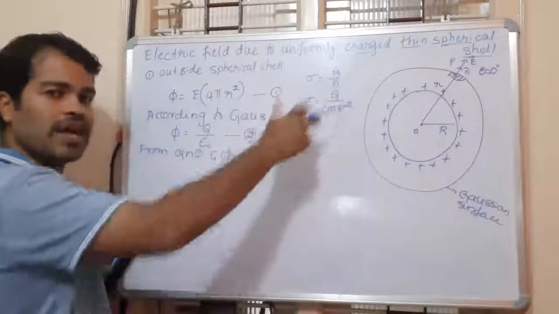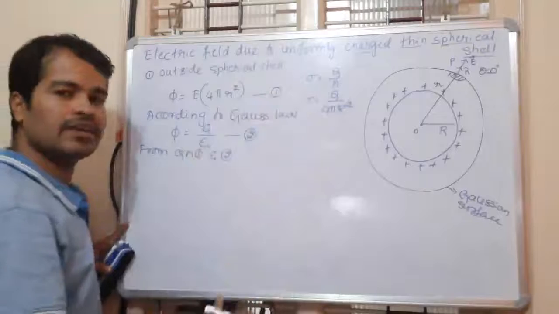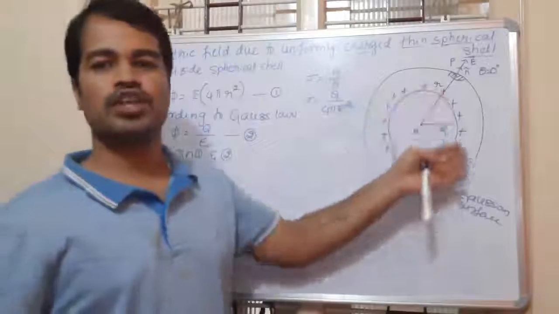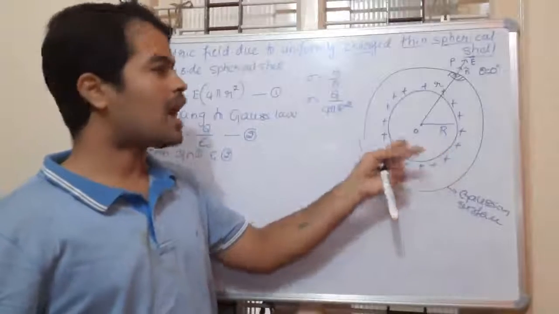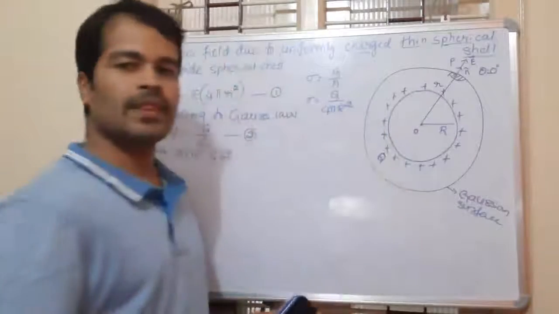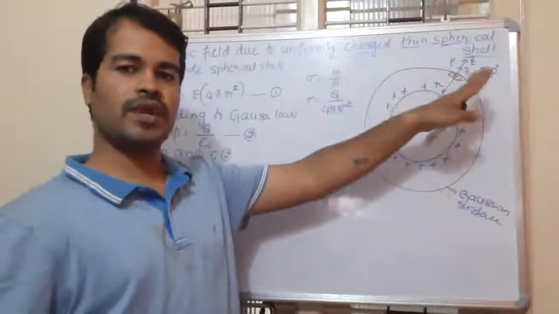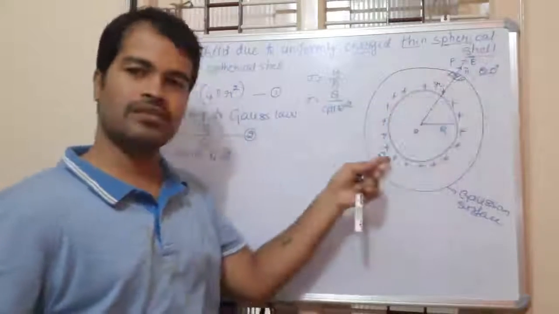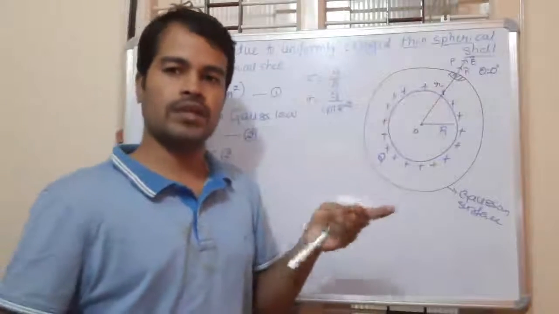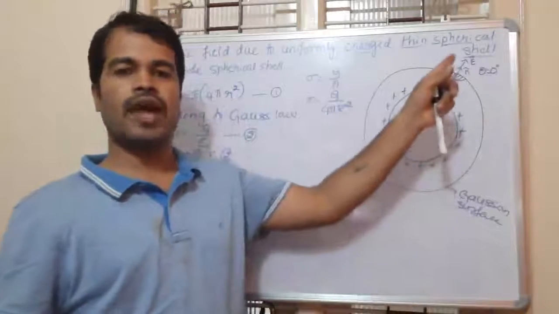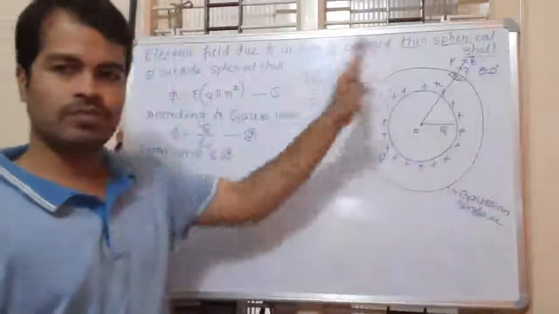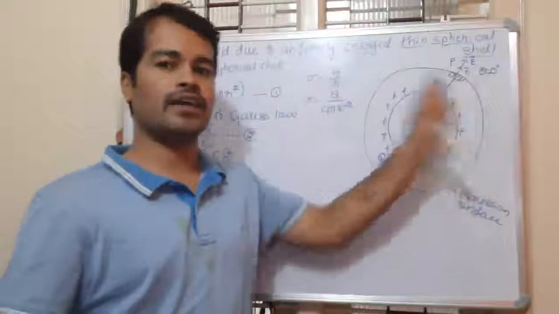So you need to explain the diagram. Here I am not writing the explanation of the diagram anywhere. What explanation? Consider a spherical shell of radius r having a charge distribution equal to Q. Let P be a point where we need to find the electric field due to the spherical shell. Consider a small area, delta S or delta A, making an angle theta equal to 0 degree with respect to the electric field. You should write this by looking at the diagram.